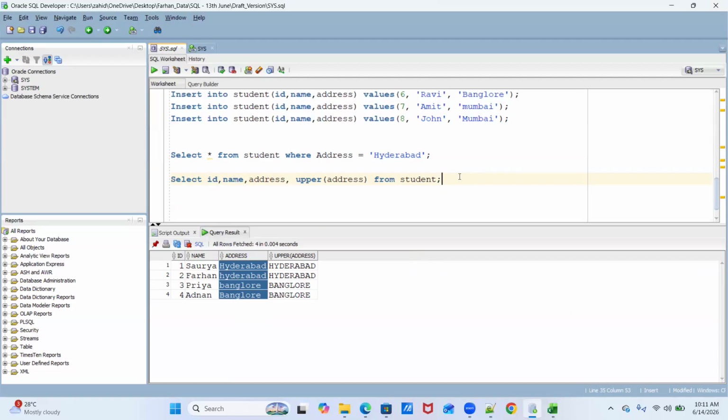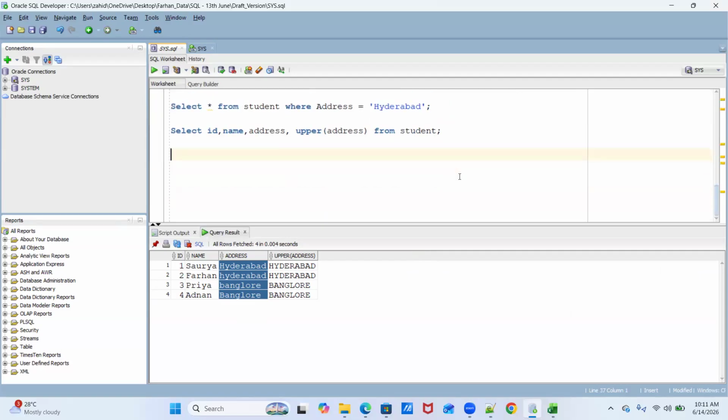So for that, we have to write a filter clause. As of now, we have only learned the where clause. There are other filter clauses as well, but we'll be learning those later on. With the help of the where clause, we can filter the records and extract the students for Hyderabad location.